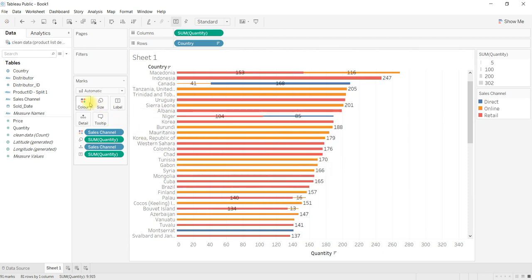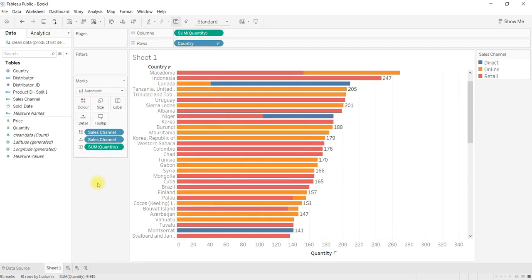Once you have understood all the modifiers, you can drag and drop any type of modifier here, and according to that it will change. For example, if I take out the size, all sizes will be equal because I haven't distinguished by size.